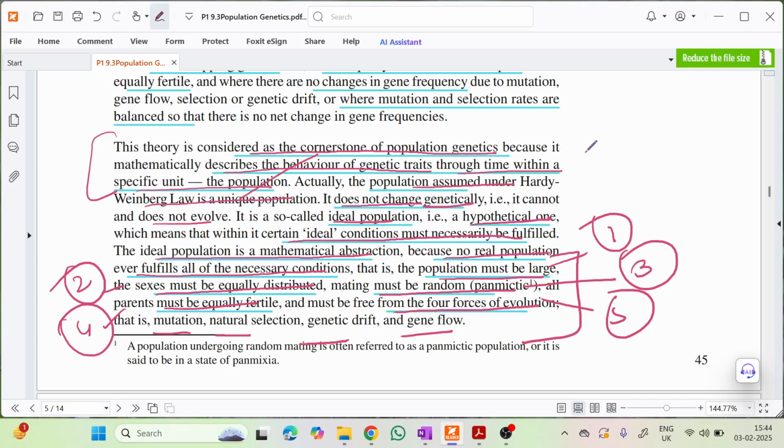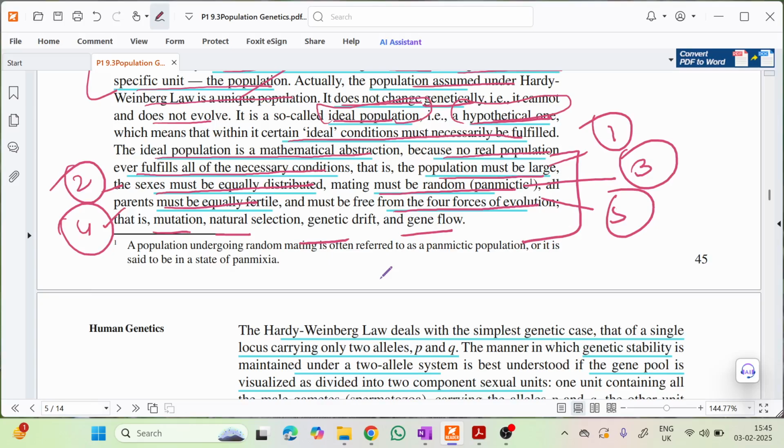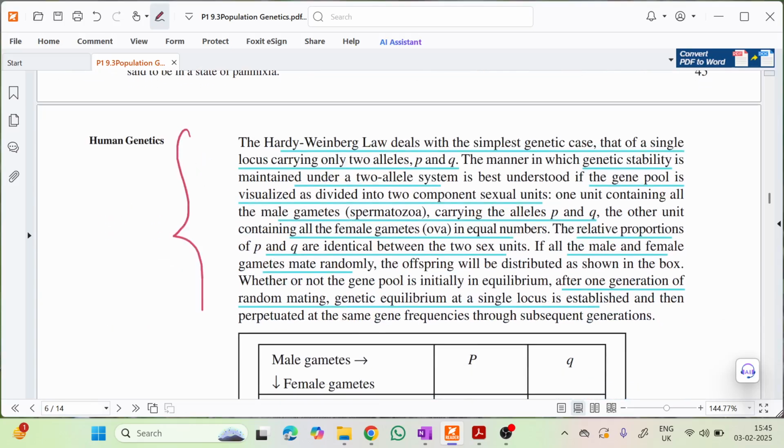And UPSC perspective से आप ये चीज़ भी उसमें ज़रूर mention करें that the population considered here is an ideal population, hypothetical population, and the reason is because no real population will ever fulfill all the conditions. Then the Hardy-Weinberg law deals with the simplest genetic case, that of a single locus carrying only 2 alleles P and Q. ये आपको समझा दिया है कि